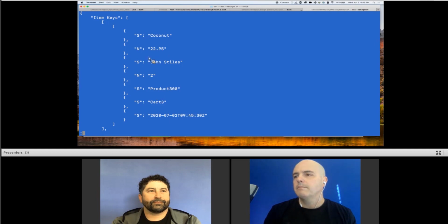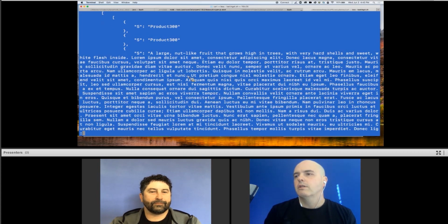There's the first item. There's the product cart information with a price and a quantity. Right, and then the second item is product 300's full details. Totally different type of item. It's living in the table there. But essentially, because they both have a product, they both can be queried with a batch get,